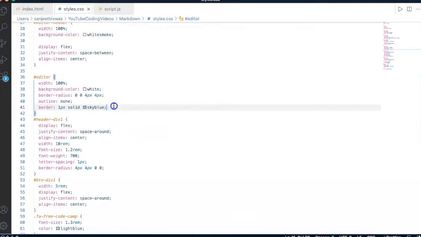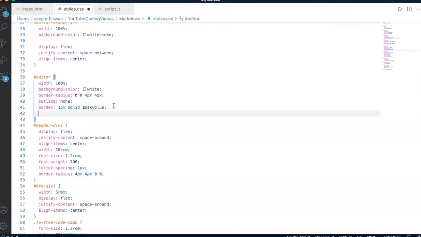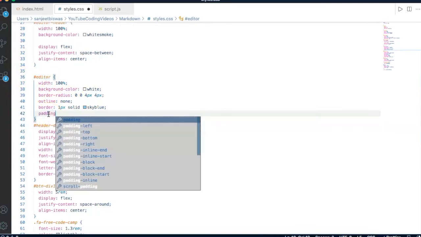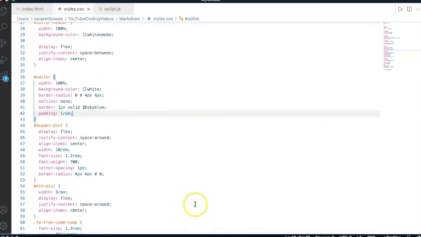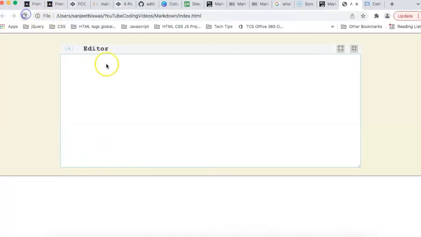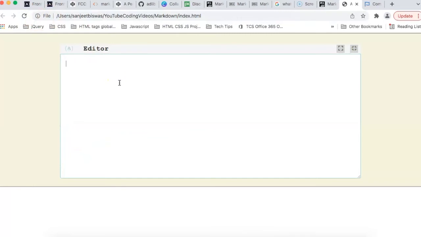So I'm going to go into the editor element, the text area element, which you remember has an ID of hash editor. I'll just give it an overall padding of, I don't know, 1 rem. Right, let's see how it looks. And now when I come here, refresh the page, and if I type, you should be able to see the